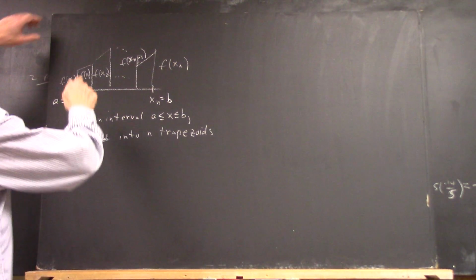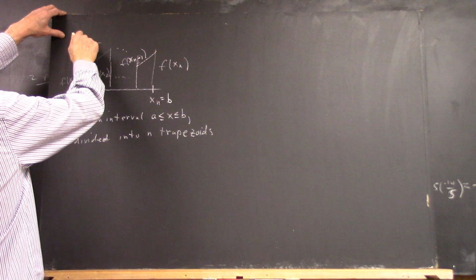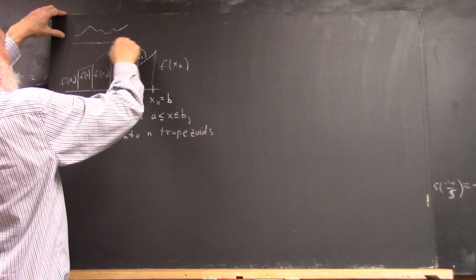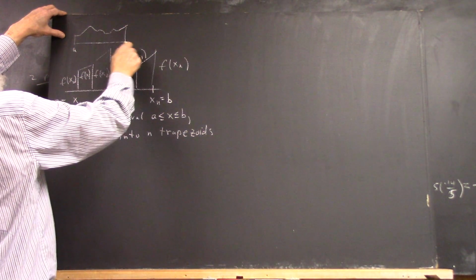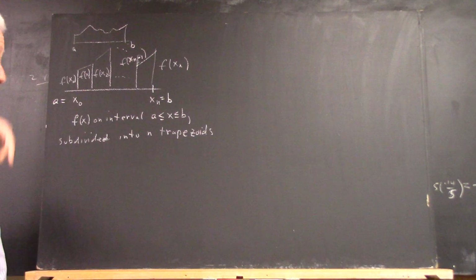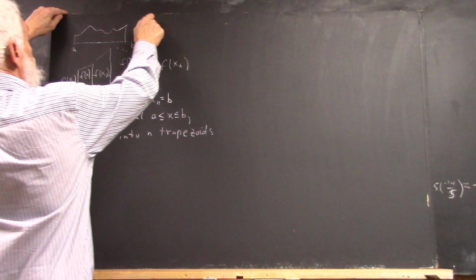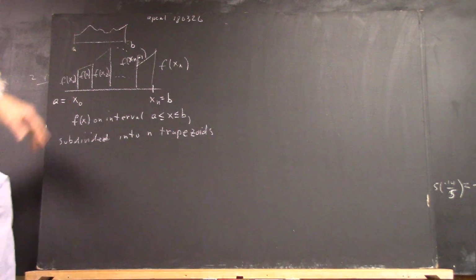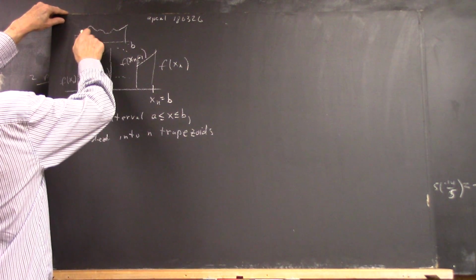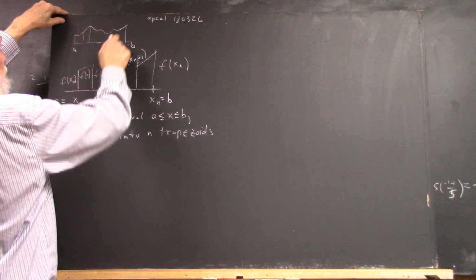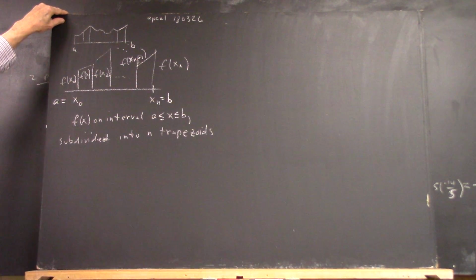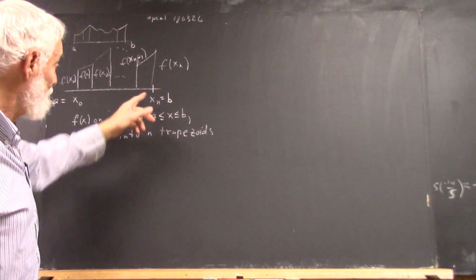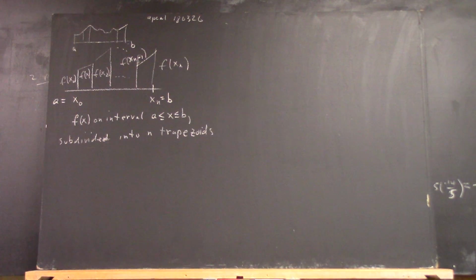Okay, so we have some function, and the way it's written, its graph might look something like this, on an interval from a to b. What I've depicted here might be a trapezoid here, a trapezoid here, and then this last trapezoid. And then there are a bunch of trapezoids in between. I can't draw them all because I don't know how many there are going to be. n could be any number. But whatever n is,